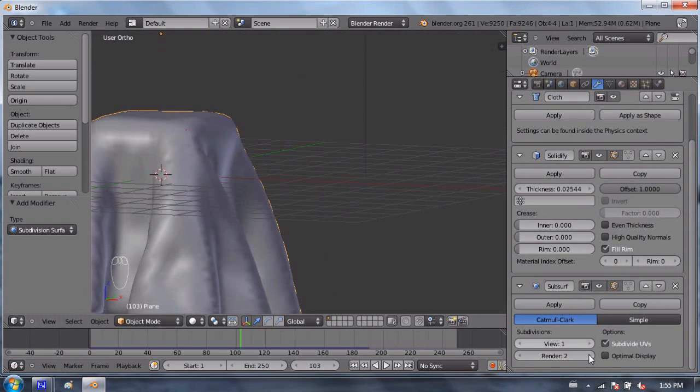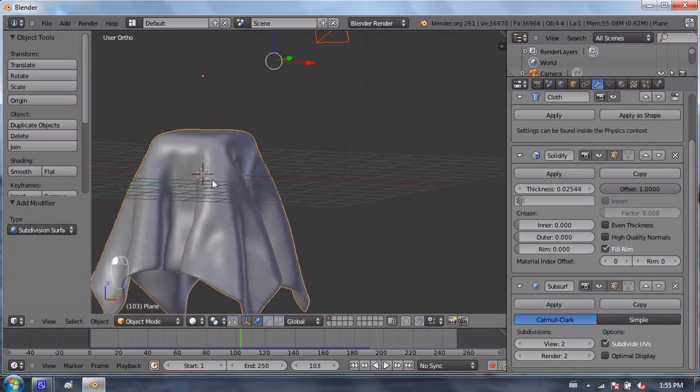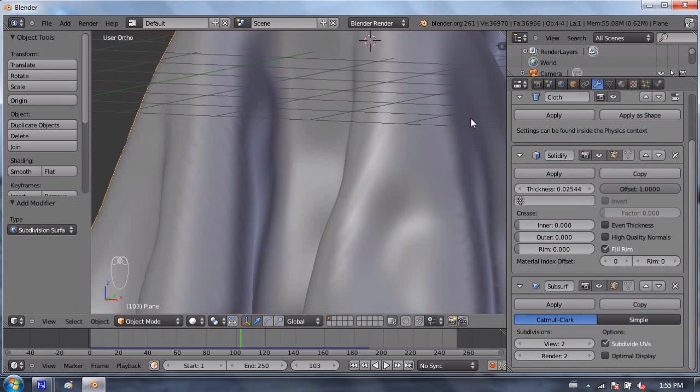I'm going to go ahead and change my view to 2. 2 isn't going to quite do it for us. We're still getting some of these weird normal shading artifacts. So we have to actually turn it up to 3, which could do damage if you're using a slower computer, or just make Blender crash.